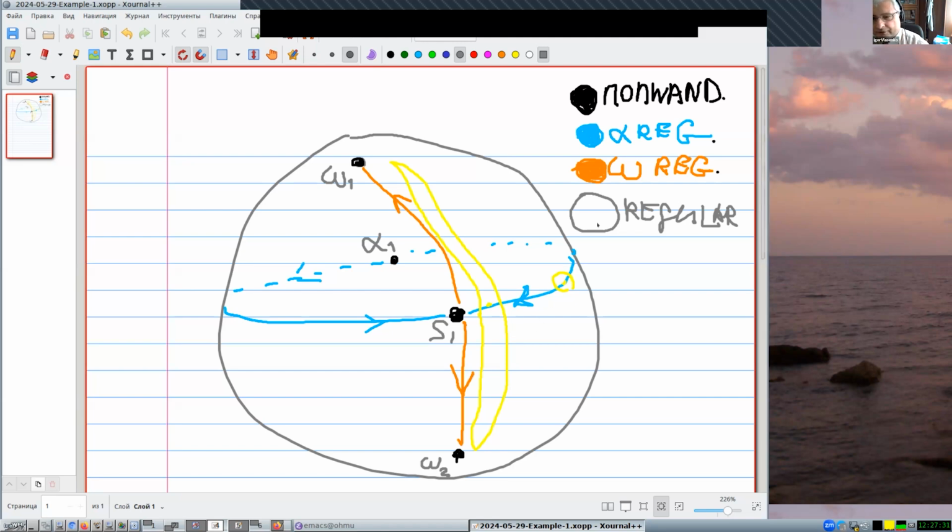Blue points, which are stable separatrices, are omega regular, but not alpha regular. Wait, not omega regular, because when we take a small neighborhood of a point on a stable separatrix, then its iterations will expand along the unstable separatrix,